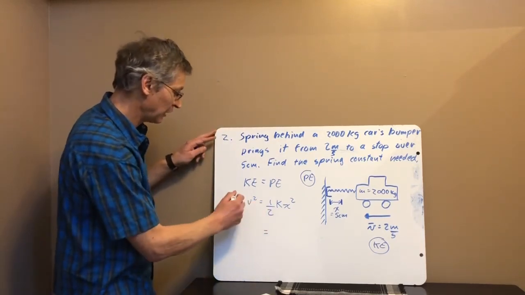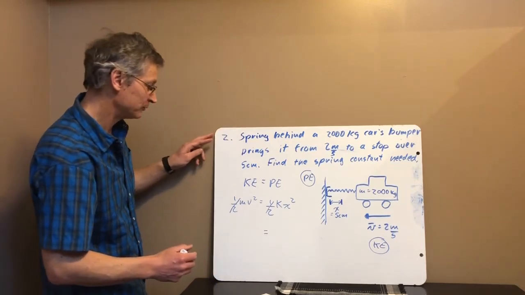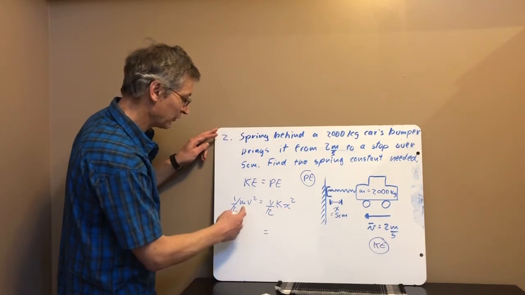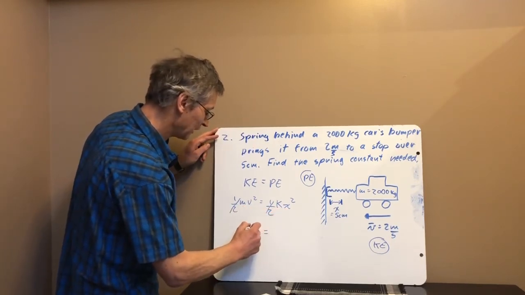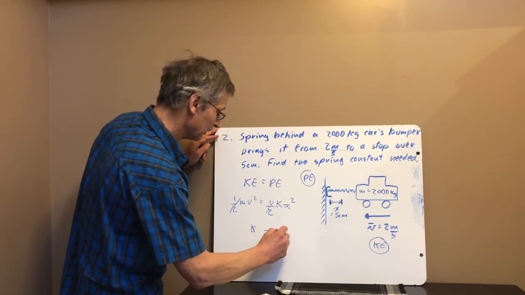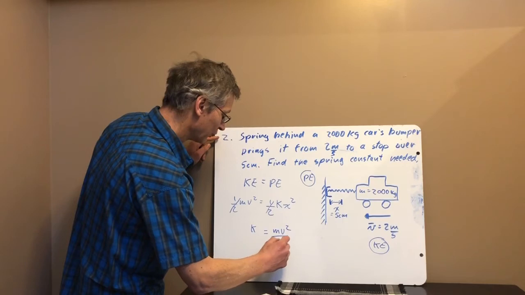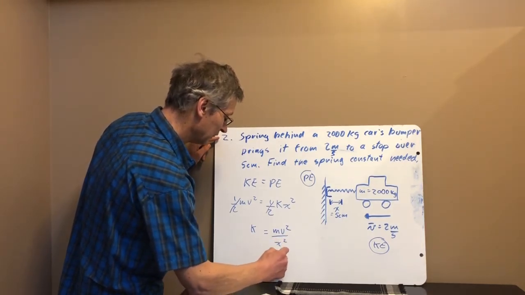So the half on each side, those cancel. The x squared is going to go over to the other side and go downstairs. It's going to leave the k by itself. So we're going to have k is equal to mv squared over x squared,